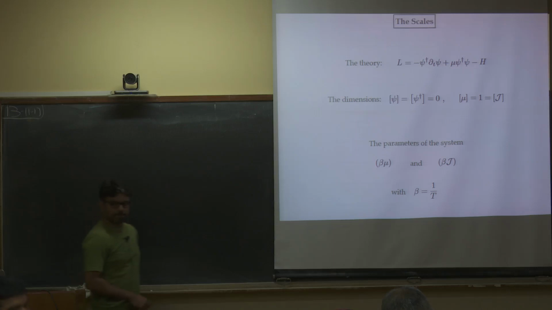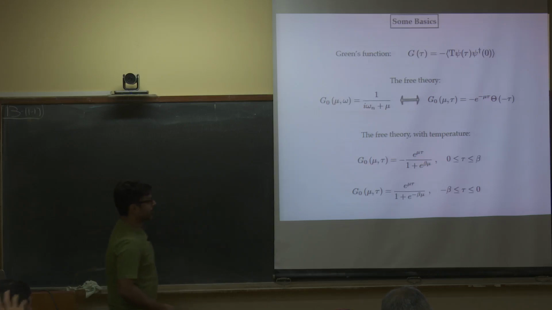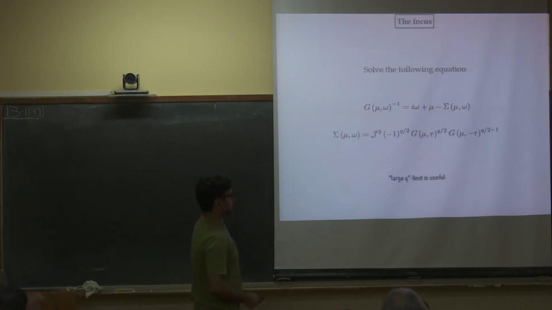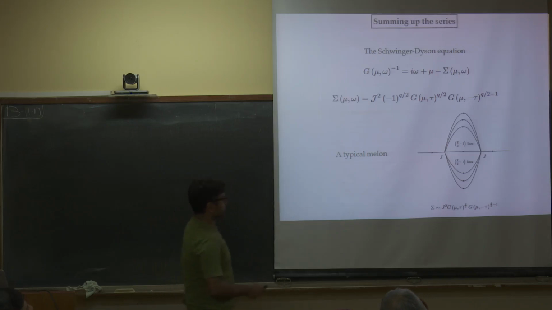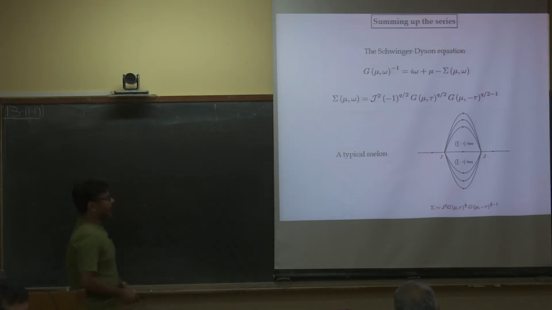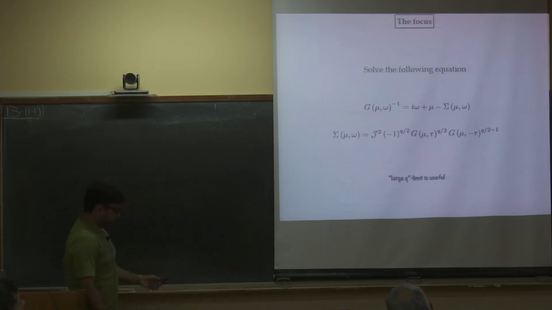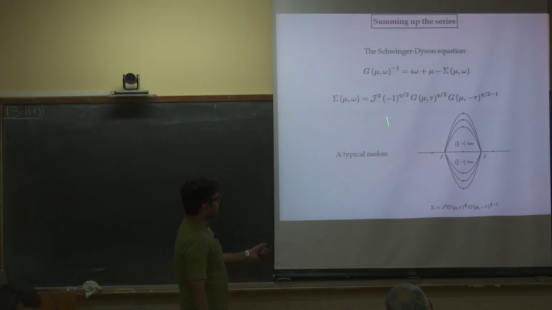Basically you can have a larger symmetry. That's right. Okay, good. The left hand side should be sigma of tau. Yes, sorry. For reasons of convenience, one of these equations is written in omega space, the other one is in tau space. So this should have been tau. Thank you.